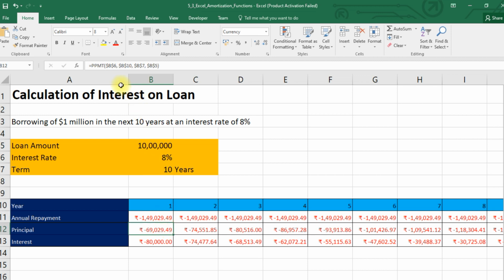To find out of this 149,029 what is the principal amount which is getting paid, Excel has another function which is PPMT, which takes more or less the same arguments. Now if you want to know what is the interest